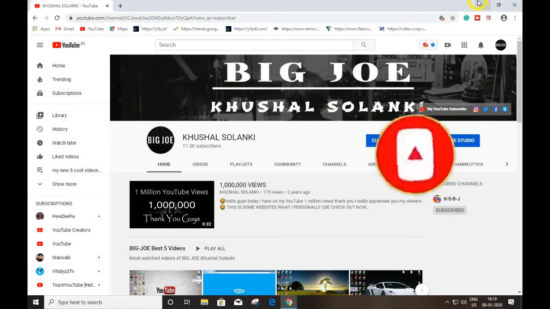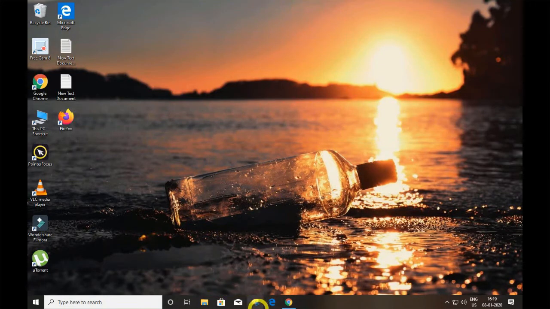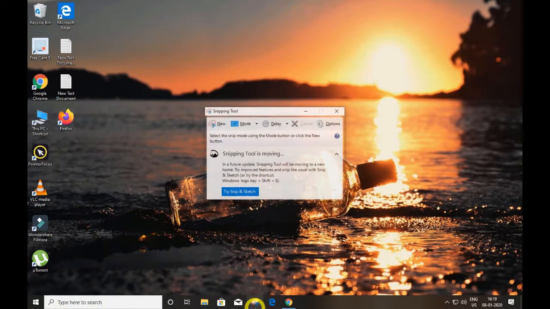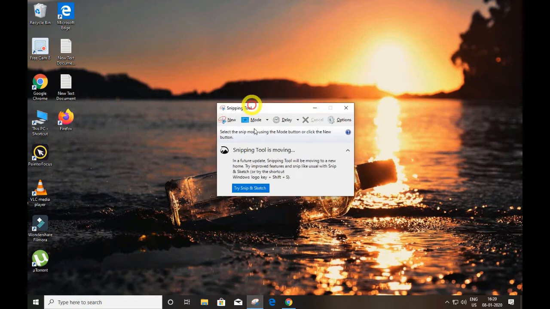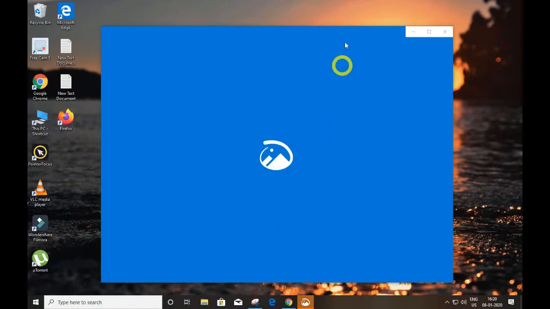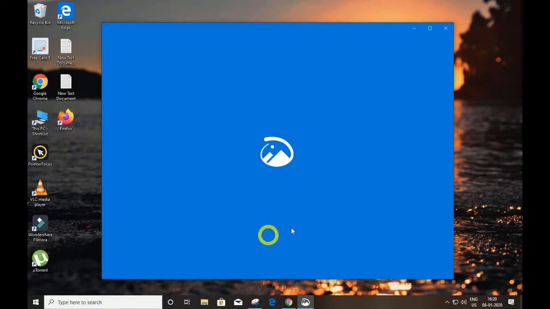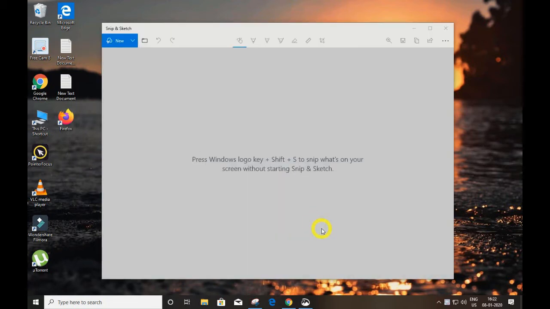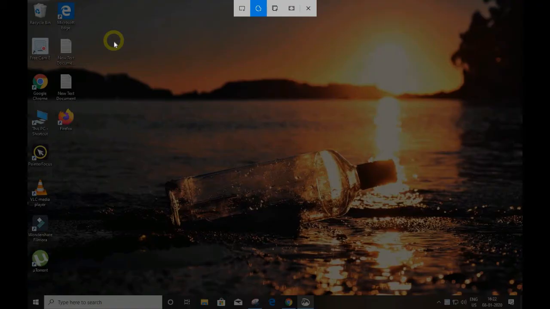Alright guys, so when you open the screenshot tool over here in Windows 10, as you can see, there is a new feature called Snip & Sketch. Just click on that and it will open. It looks something like this. Just click over here on New, and as you can see over here,